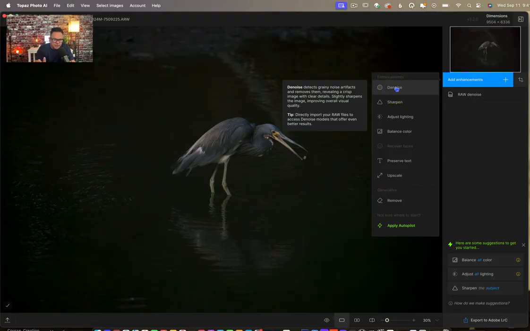I'm going to actually give you some of the definitions that they provide for their tools. And if you are using this program and you're not sure what it does, just hover over the enhancement and you too will get this little explanation so you can better understand what it does. But again, reducing the noise of an image is going to detect the grainy noise artifacts that are present in the photo. It's going to remove them, but then it's also going to apply just a little bit of sharpening,